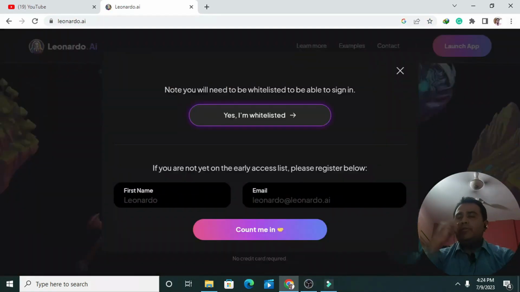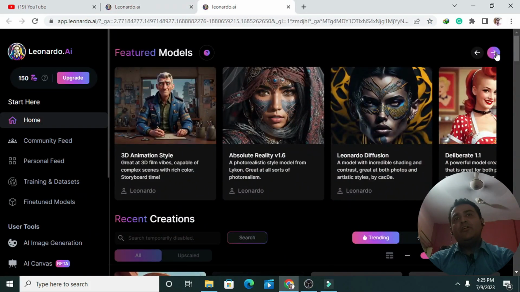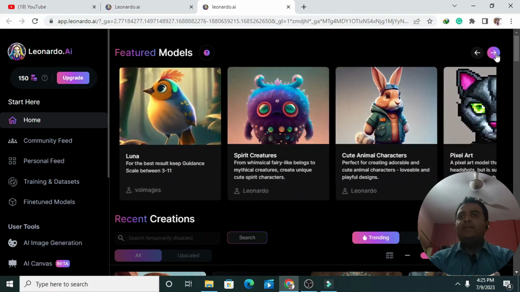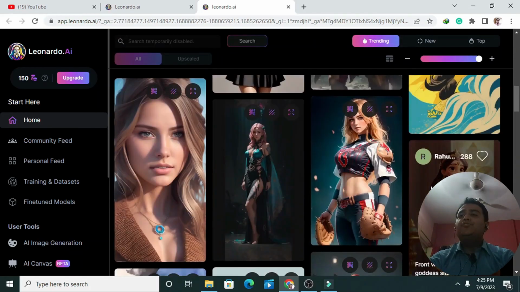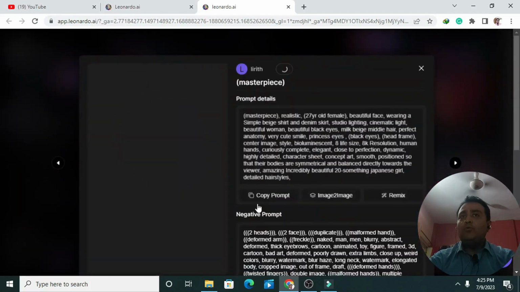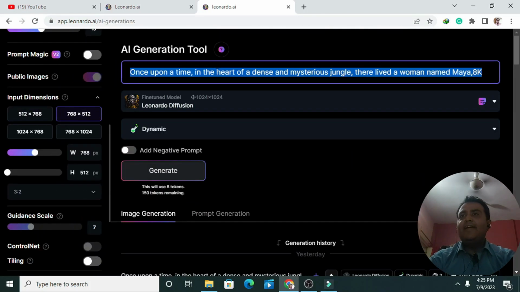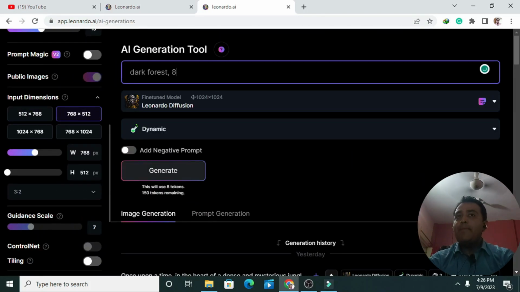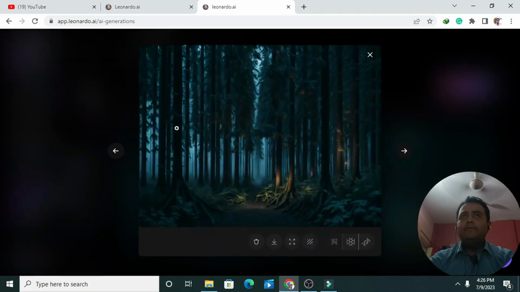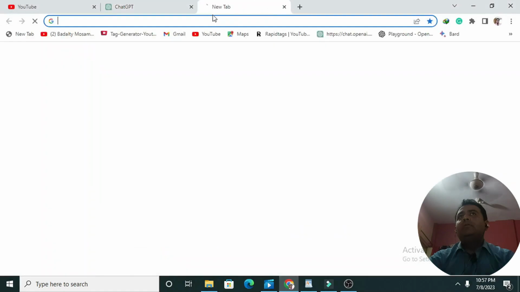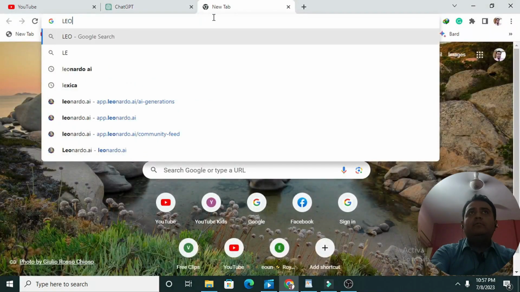To create the illustration, we are going to use Leonardo.ai, which is an AI-based design tool that can help you create high resolution images that bring your story to life. With Leonardo.ai, you can simply generate beautiful images that you can use for your stories, making them more engaging. So let's go to Leonardo.ai. I'm going to open Leonardo.ai.